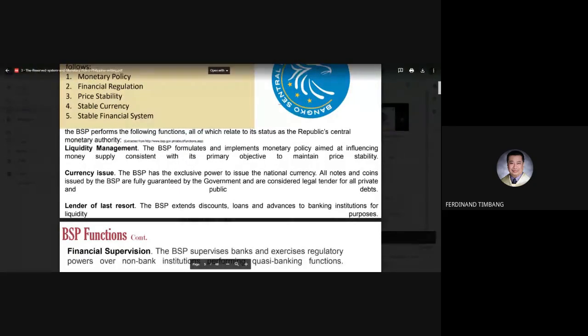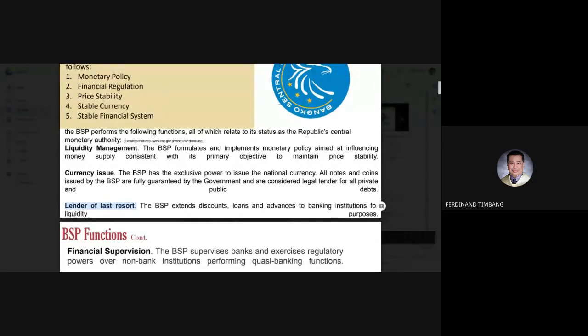So this one, lender of last resort. I mentioned this earlier, but let me explain again the lender of last resort. As I said earlier, you cannot immediately borrow money from the BSP. They are always the last resort. So if other banks cannot lend you money, the last resort will be the BSP. Even the